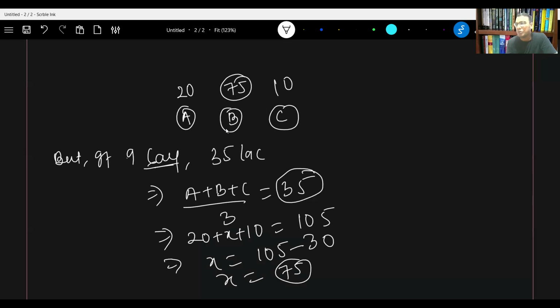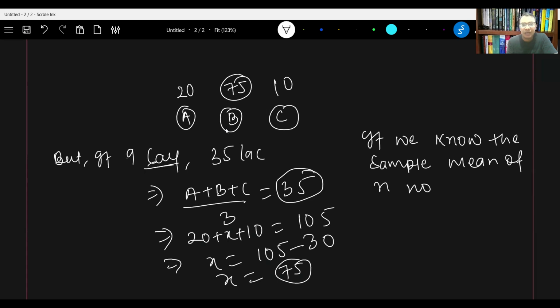If we know the sample mean of n numbers, so here it is 3, like 4, 5, 6, 7, then we have to consider that if we know the sample mean of n numbers, then